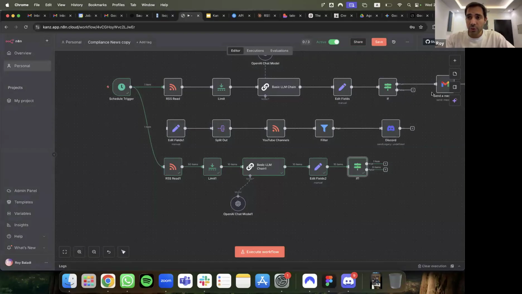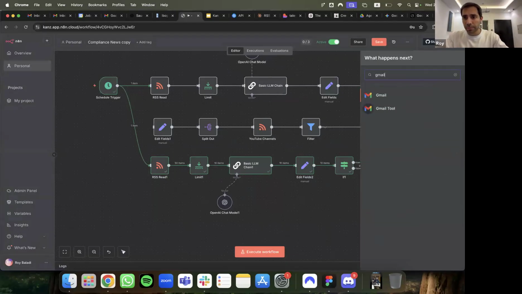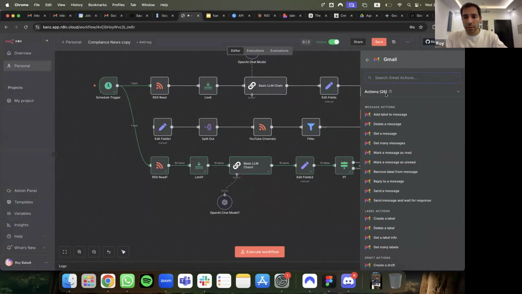In all cases, you can always play with this later. After this if, you want to connect your Gmail so that we can complete this. And then you can always watch the recording and debug it on your own. I'm going to hit plus. So everybody, get your mind off of the if statement. Whatever it gives you, not a problem. Click plus and go to Gmail. Click on Gmail, and then you're going to have send a message. Just want to check who's with me on Gmail, send a message, because you're going to have to authenticate your Gmail. It's going to take about a minute.